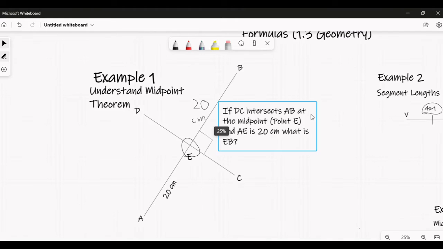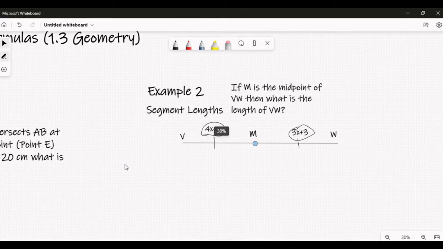So going to example number two. If M is the midpoint of VW, then what is the length of this entire thing, VW? If M is the midpoint, then VM and MW have to equal each other. In other words, 4x minus 1 and 3x plus 3 have to equal each other. So if we just set them equal, 4x minus 1 equals